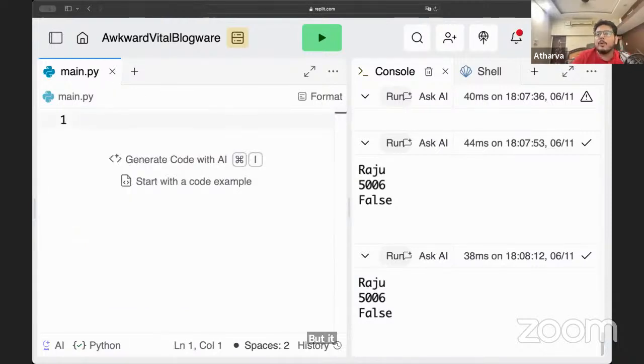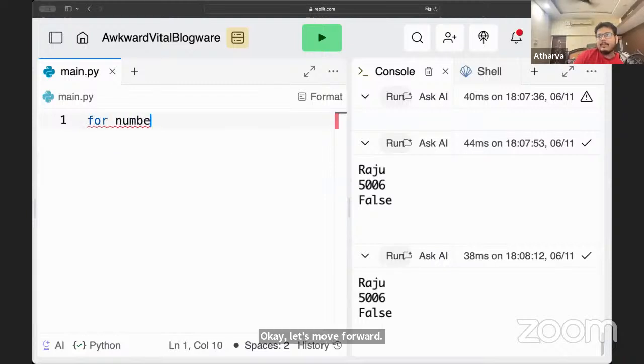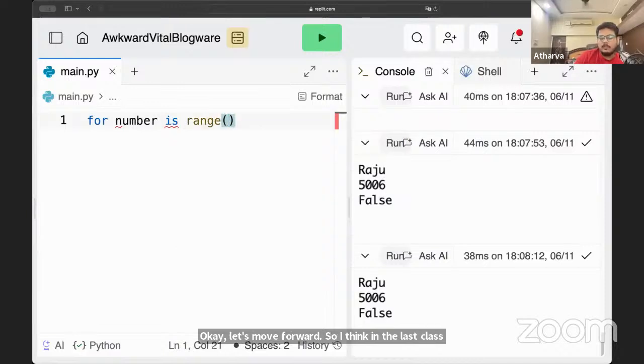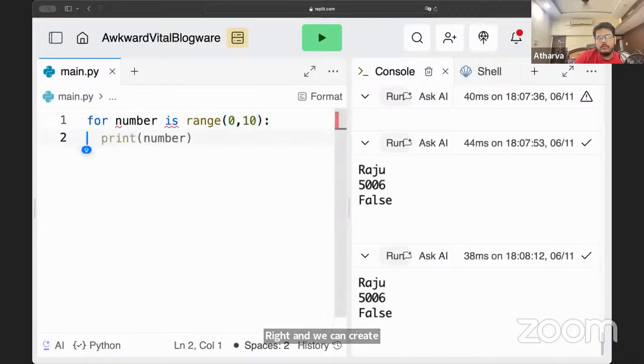Okay, let's move forward. So I think in the last class we discussed something about range, right? And we can create a range. And then can I do something like this?